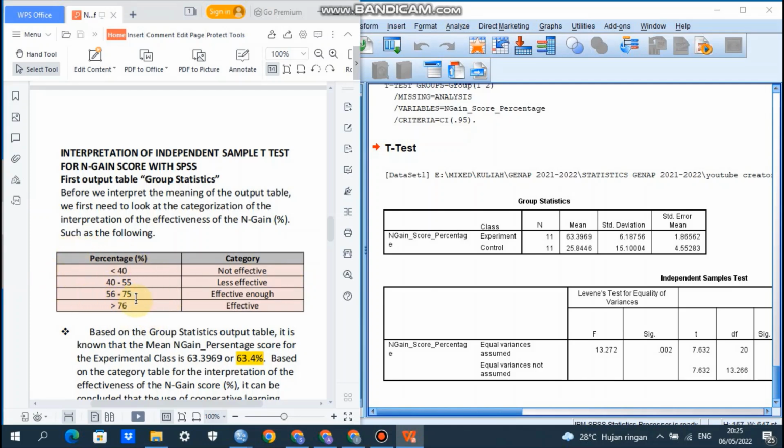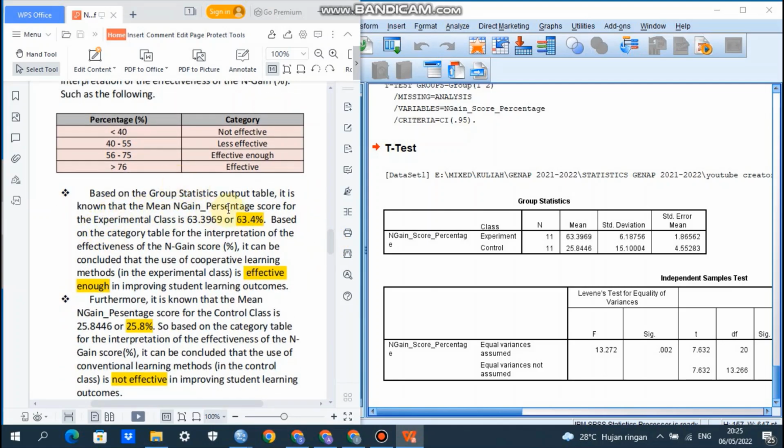If the percentage is between 40 until 55%, the category is less effective. If the percentage is between 56 until 75, the category is effective enough. If the percentage is more than 76%, the category is effective.